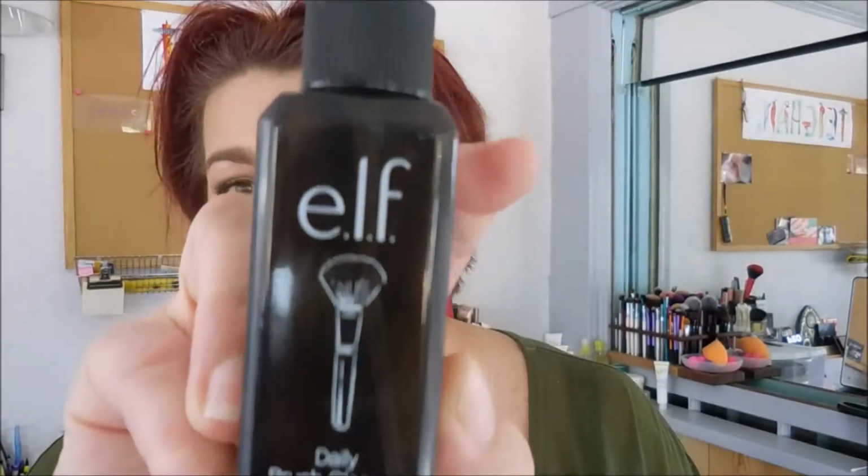Next is my e.l.f. Daily Brush Cleaner. I did use this up just today. Today is its dead date. I knew it was going to be used up by the end of this month anyways. It is a rather small bottle. It is 2.02 fluid ounces. I do have some Japanesque ones that I bought to replace it, thank goodness, but this is actually a really